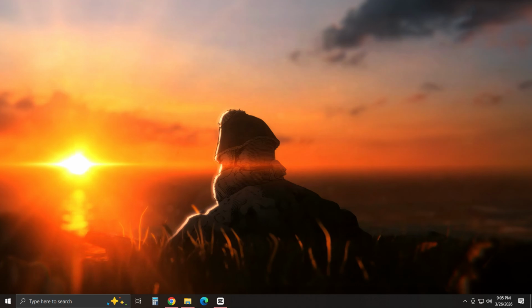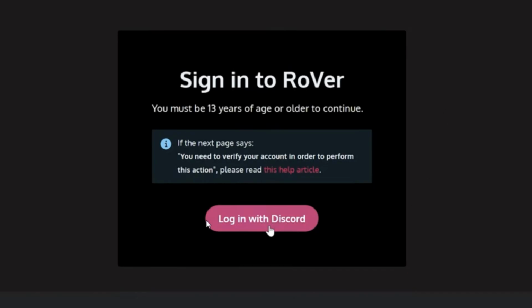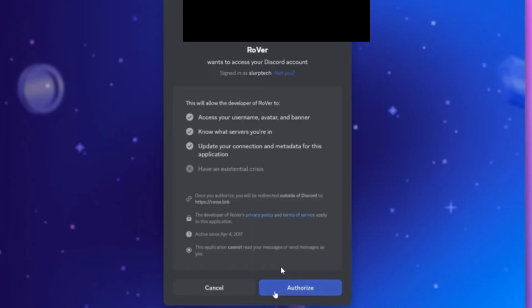First, what you need to do is open your Google Chrome or any web browser you like and then search for rover.link. Once you do this, just click on sign in and then click on login with Discord. After this,